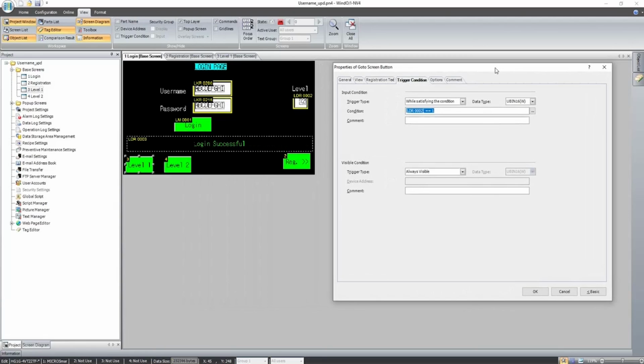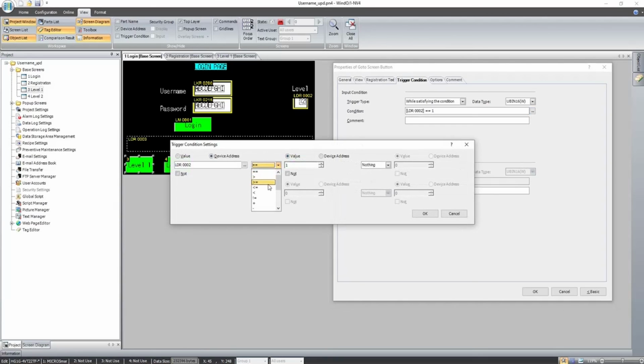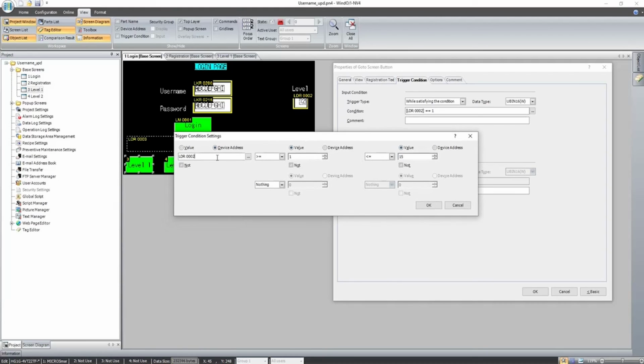Let's say if anyone has entered a security level more than 1 or maybe more than 2, so in that case, for example, I have considered 1 equal to 1. Otherwise we can even take greater than or equal to 1, and also less than or equal to 15. So now this button will be operated whenever LDR2 is in between 1 and 15. Let's say I am giving a different level to it. Maybe it has to operate only between 6 and 15. So 1, 2, 3, 4, 5 it should not operate. So these conditions can be created by ourselves.